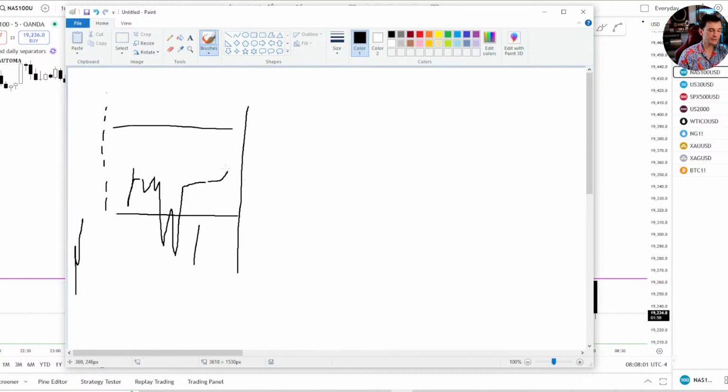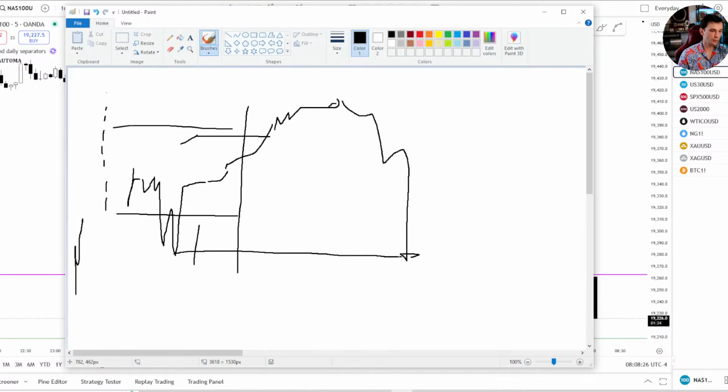And then on cycle day 2, which would be Tuesday or Wednesday, it really doesn't matter which day of the week, you would have a market that maybe breaks out of Friday's high or Monday's high. And it might even succeed. It might close outside of Monday's high. And then on Wednesday, it might start making lower lows and lower highs and then go back to where that pump began, which is going to be that failed breakout from day 1 of the cycle. Does it present this exact way every single time? No, of course not.